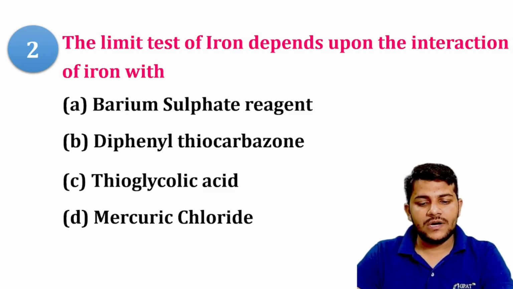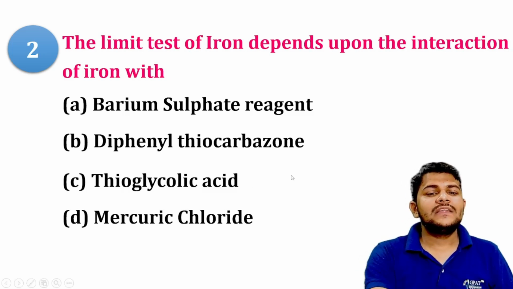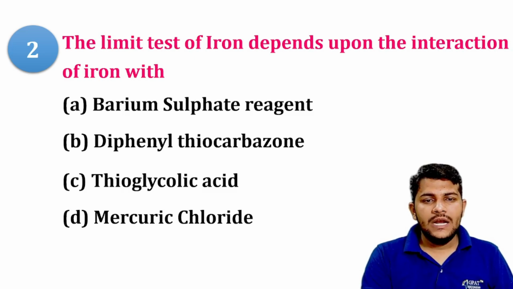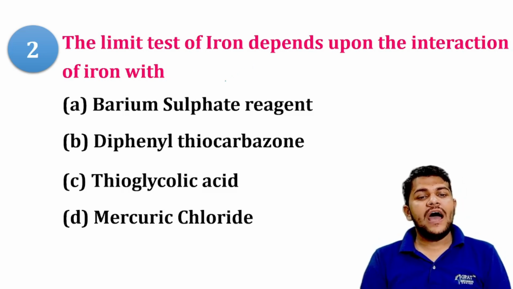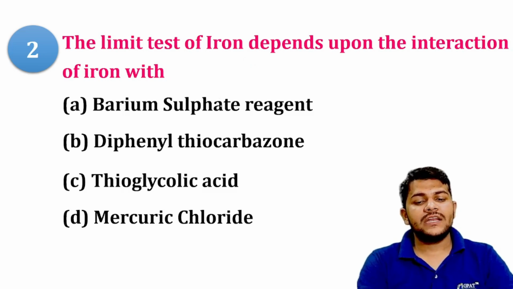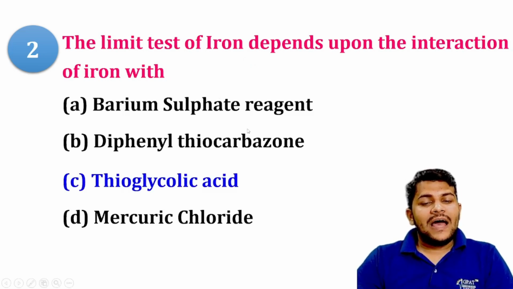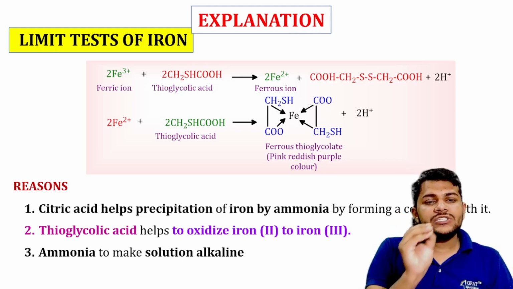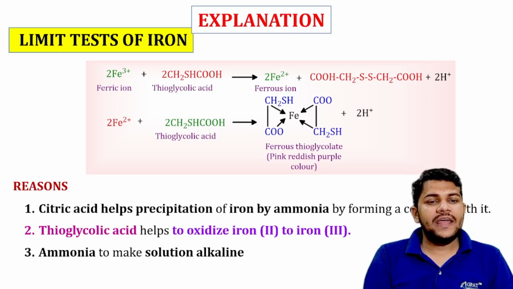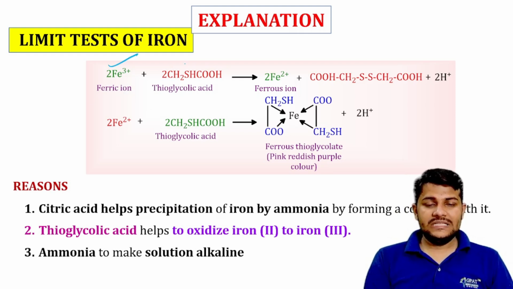You have to focus here. Next question: the limit test of iron depends upon the interaction of iron, that is, the reaction between iron and thioglycolic acid. The schematic representation of the reaction shows that the ferric ion reacts with thioglycolic acid